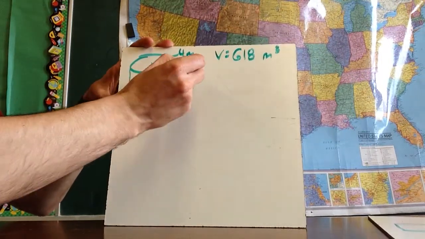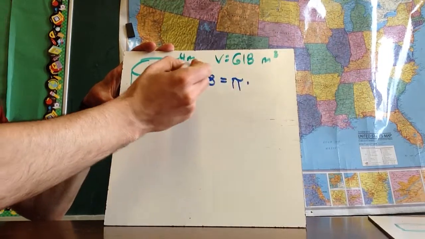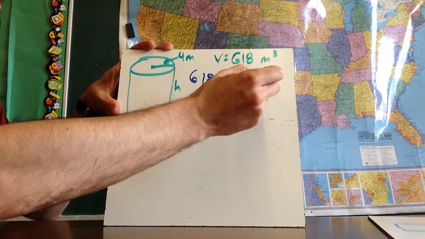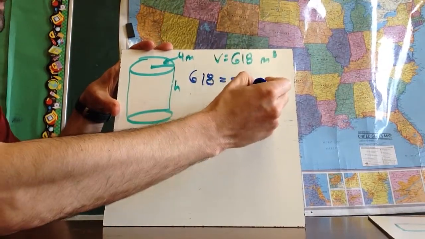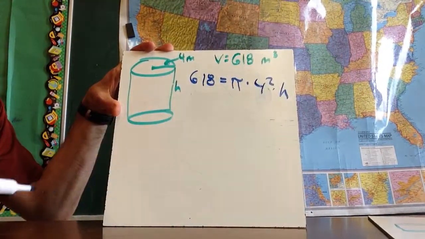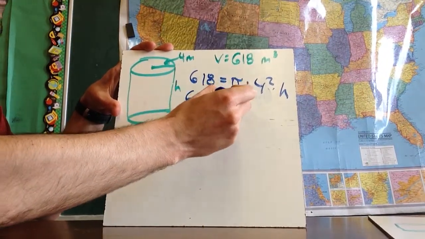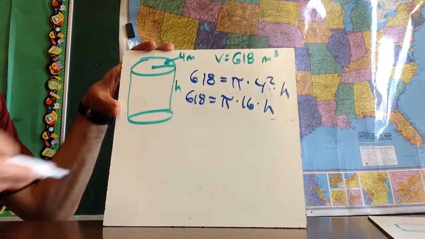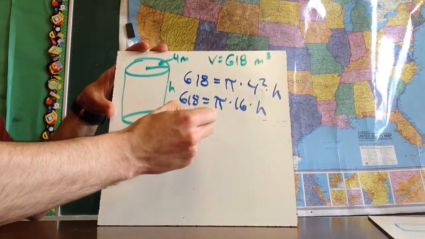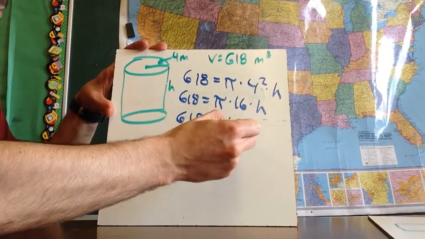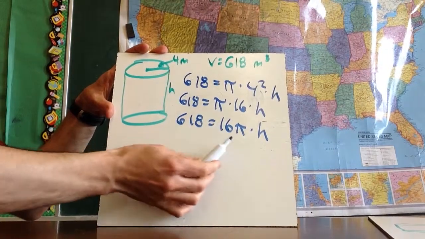So if I'm using the formula volume, which is 618, equals pi times radius squared. The radius is 4. Oh, sorry. I was doing some stuff in my head there. 4 squared times height. So that means that 618 equals pi times 16 times height. And I'm going to rewrite this in a different way. Using the commutative property, I'm allowed to write it like this, and so I'm going to move these two around. So I got 16 pi